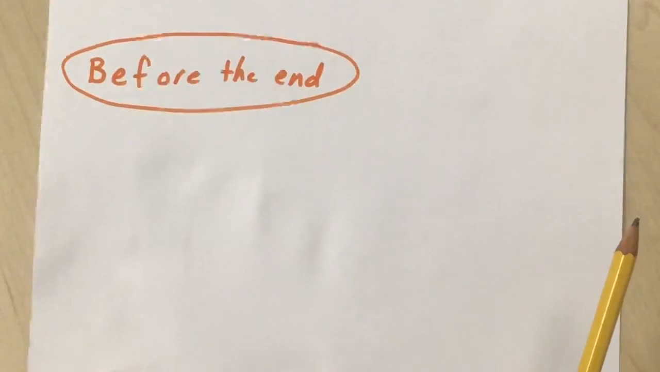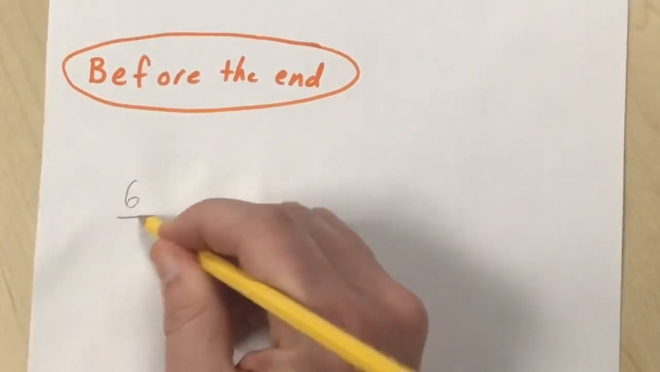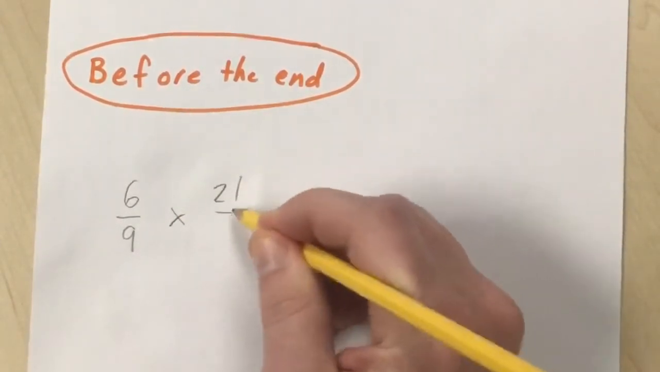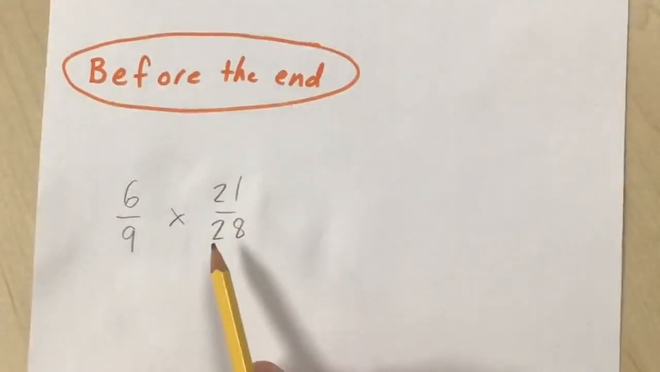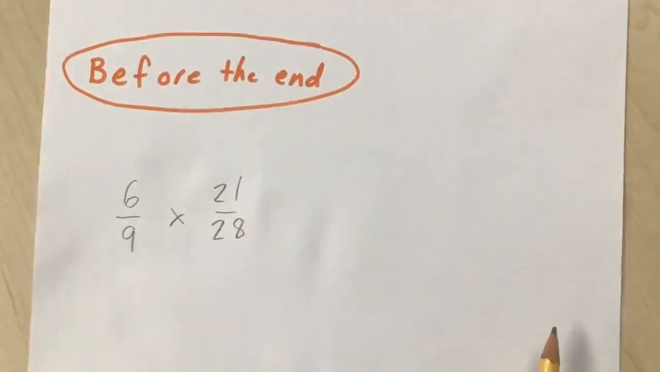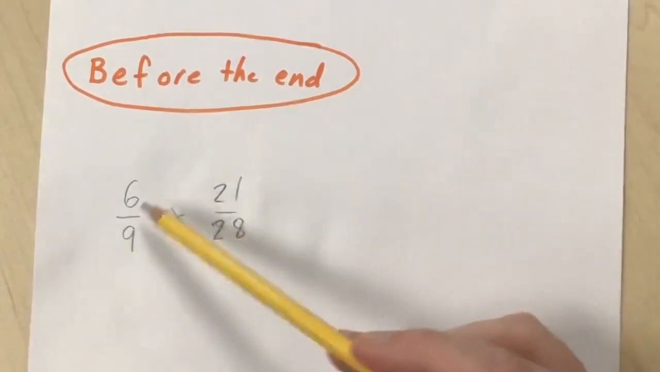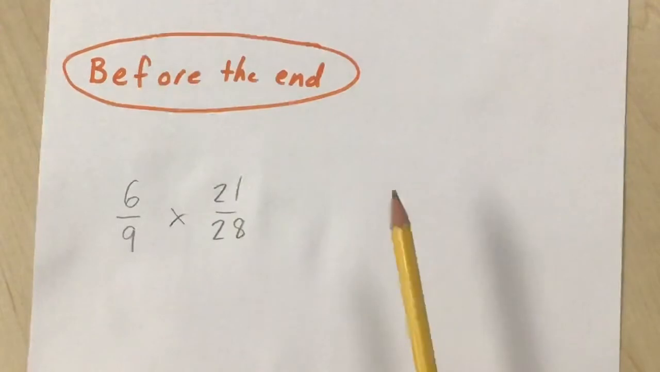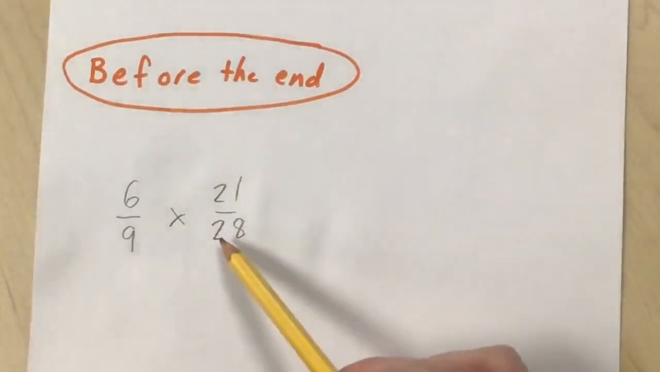It's going to make life so much easier, but you've got to be smart. Here's my fractions. 6/9 times 21/28. If you are looking at these numbers and thinking, if I multiply those are going to be huge, it's going to break my brain, don't be afraid. This is so much easier than you think. You can use any top number in multiplying, because in multiplying, it doesn't matter what order you put it in,